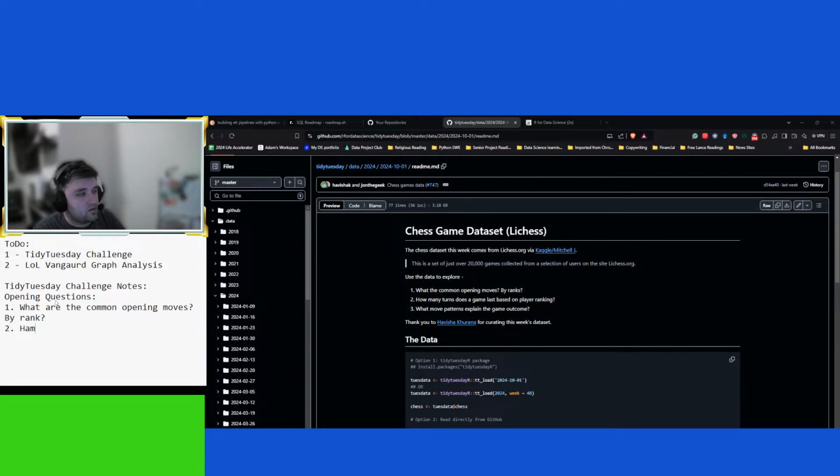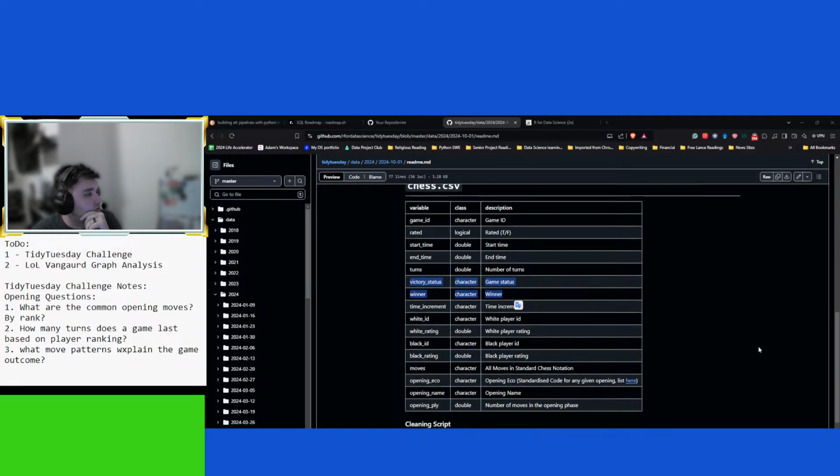Two, how many turns does a game last based on player ranking? Three, what move patterns explain the game outcome? Okay.